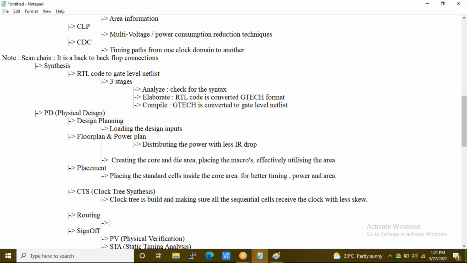So in certain requirements, you have to build it manually. That means not purely manually, but semi-automated: you give some instructions, and based on those instructions the tool performs it.